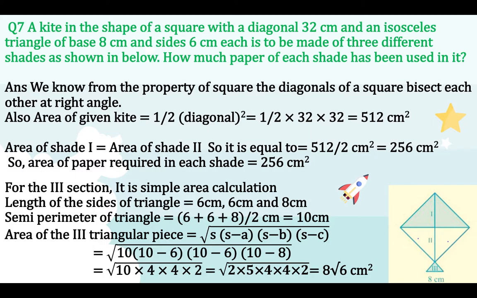So let's calculate the area by Heron's formula. We have the dimensions. The square is given with a diagonal 32, you can see. So this diagonal is given to me as 32 centimeters. Isosceles triangle of base 8 centimeters. Okay, you can see the base is 8 centimeters and the side is 6 centimeters. So I have all the three dimensions for figure number 3. That is clear to everyone. All the three dimensions for the triangle are there for figure number 3. For the lower part of the triangle, I am given the sides to be 6 and the base to be 8 centimeters.